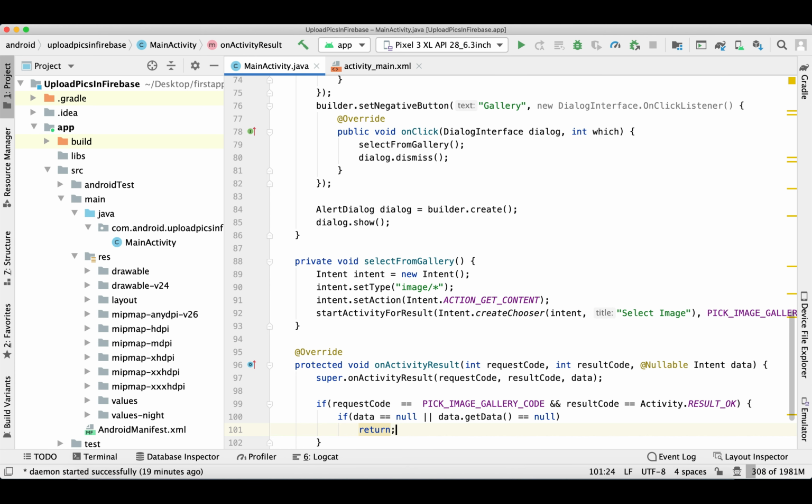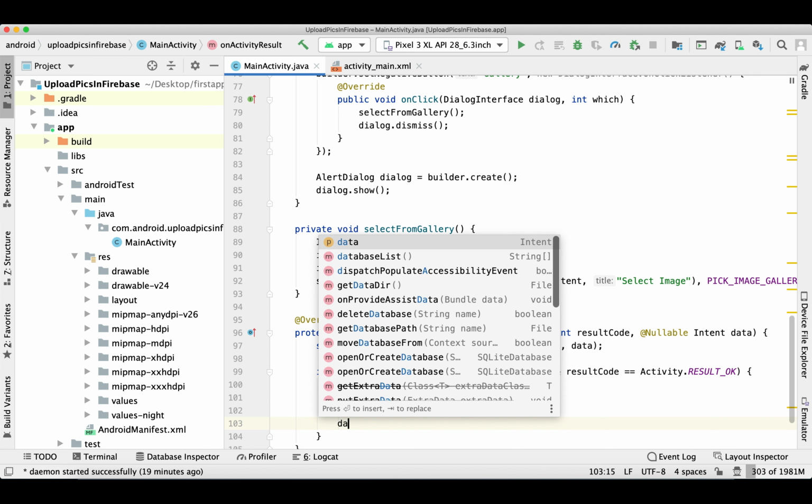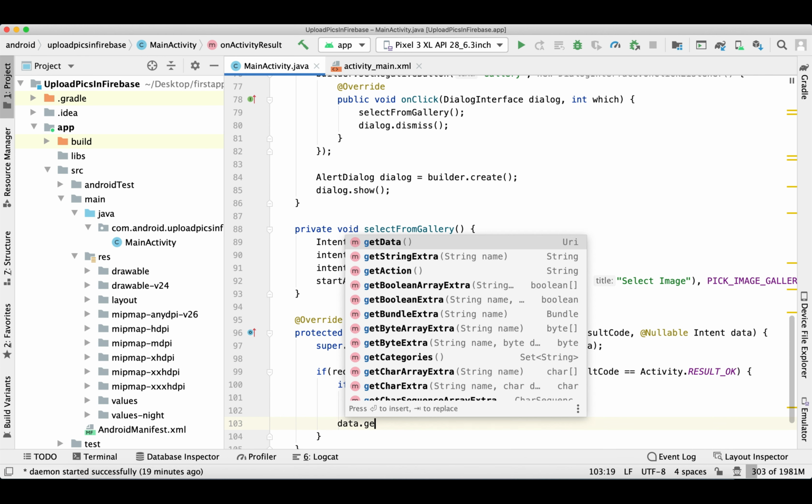And simply add a null check: if there is no data, then simply return. No need to set or retrieve anything, otherwise you'll get a null pointer exception.